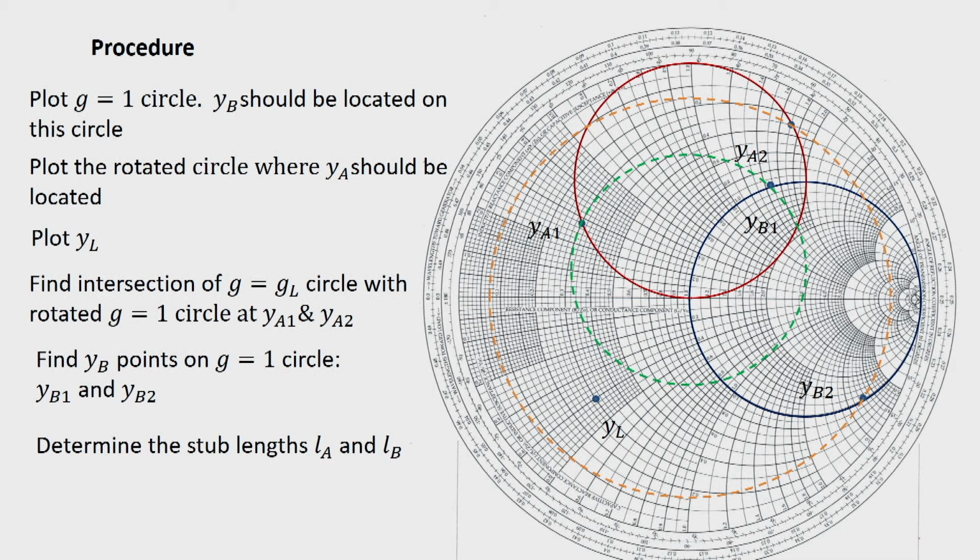So, this is how we can use double stub for impedance matching. Please note that the separation between the stubs d is fixed, and we find out the length of the stubs. Also, y l has been considered at the location of the first stub. In practice, y l will be the transformed value, that means a load impedance transformed by a section of transmission line to that location.